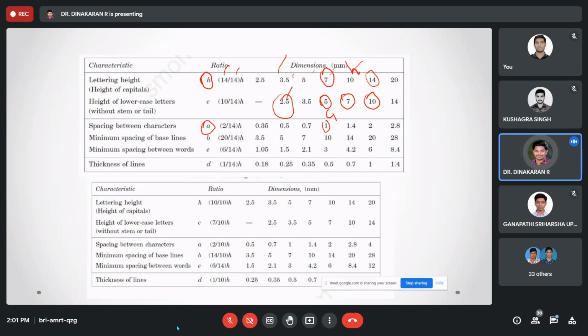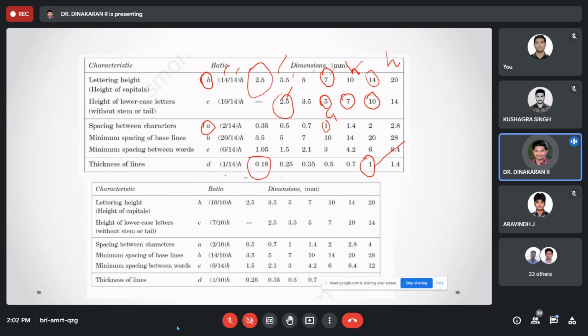So A is how much? 2 mm. Same for thickness. How much thickness? 1 mm. So for 14 mm H it is possible to mark 1 mm line thickness. But if they give 2.5 mm only.